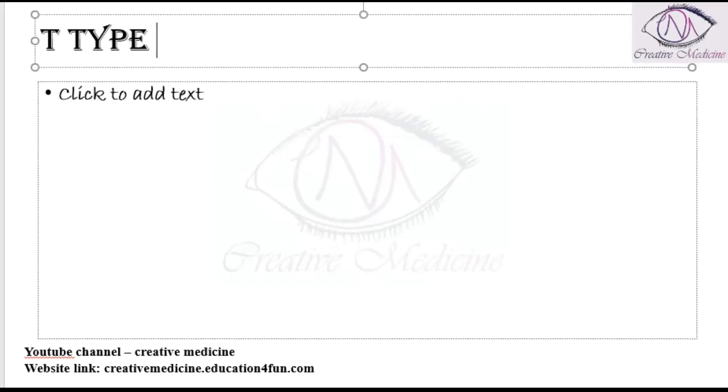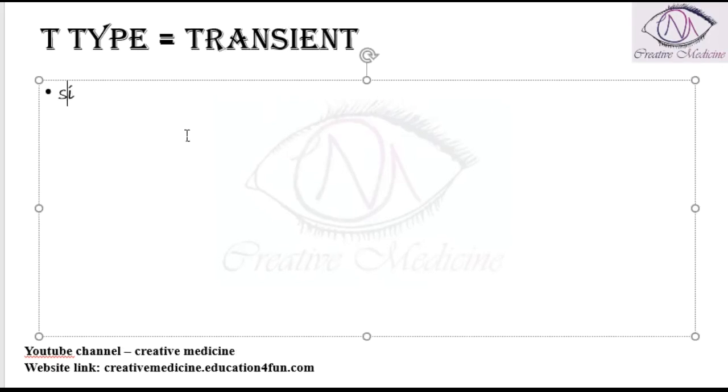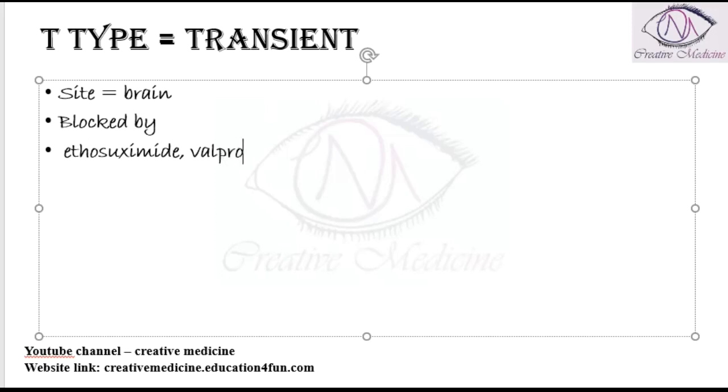Then we have T type calcium channels, T for transient type of calcium channels. These transient type calcium channels are present in the brain. So they are used in absence seizures. The T type calcium channels are blocked by drugs like ethosuximide, and also by valproate, and the drug trimethadione will also block the T type